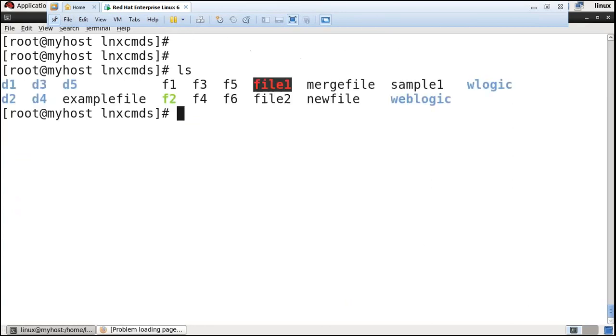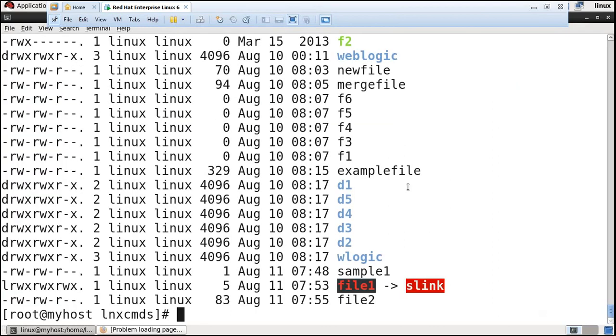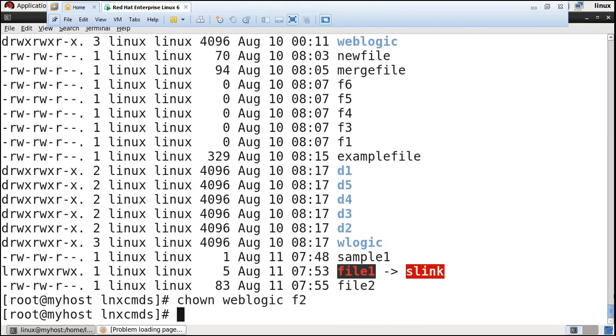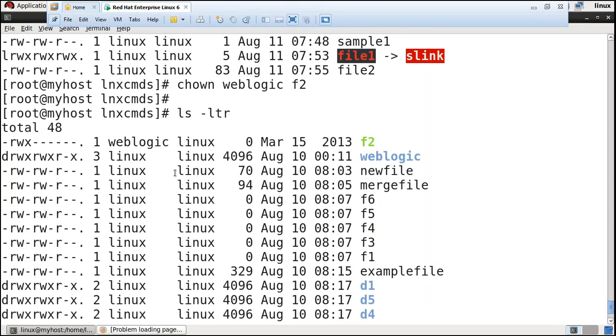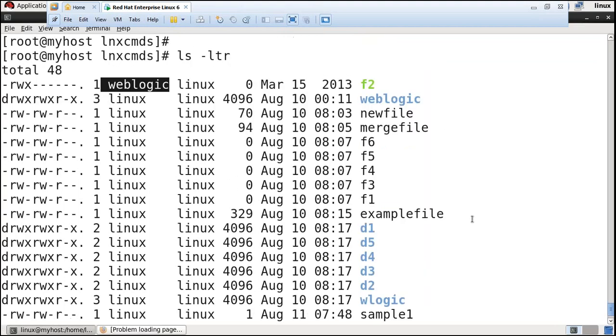So I want to change the username as well as the group name. I have another user called WebLogic. chown space username WebLogic and space file name. See, you changed the owner to WebLogic. Similarly, you can change the group also.